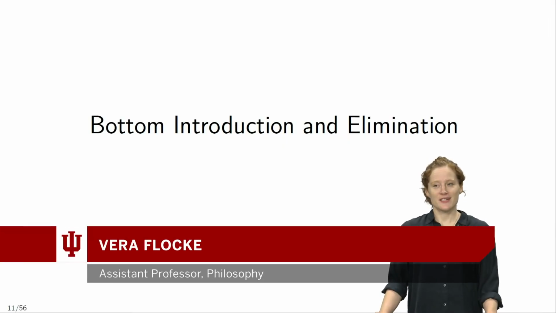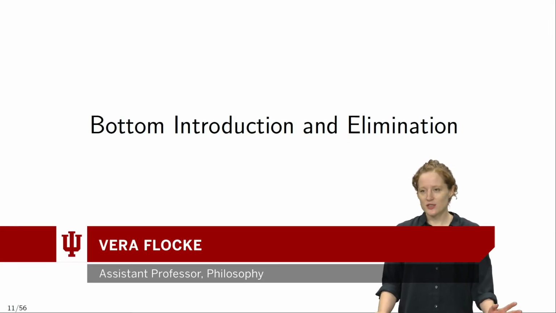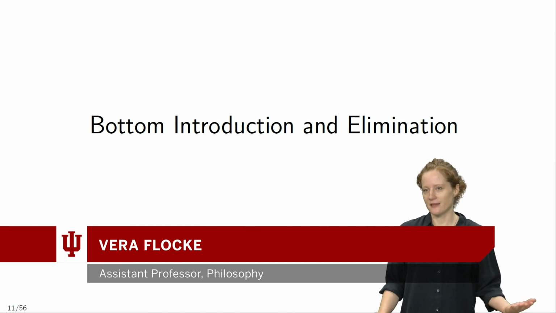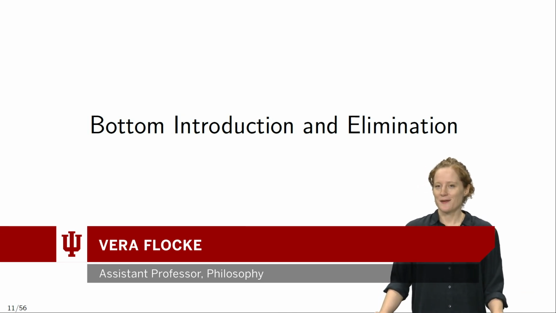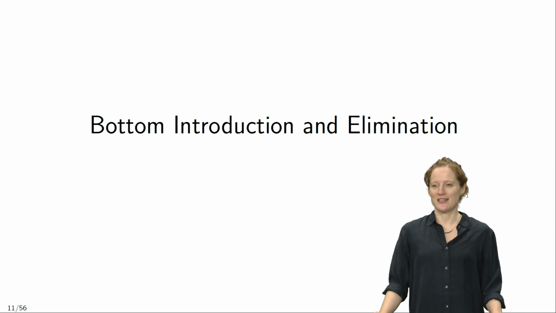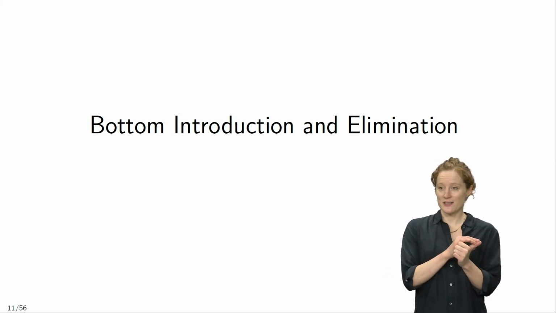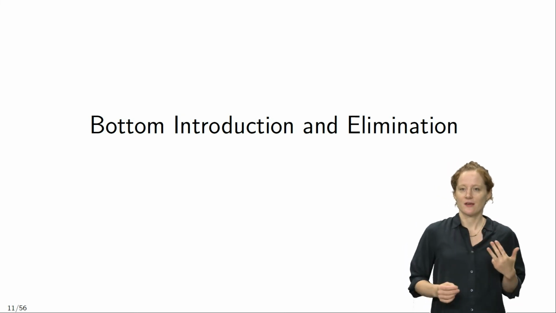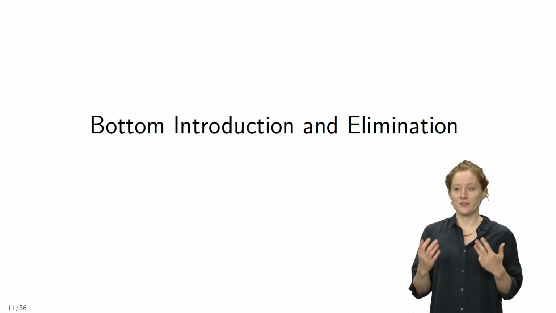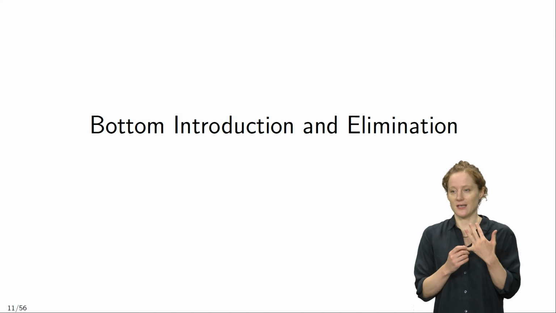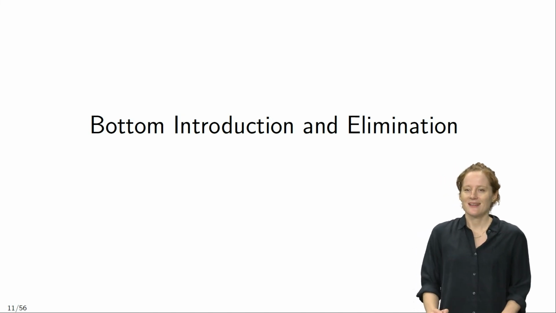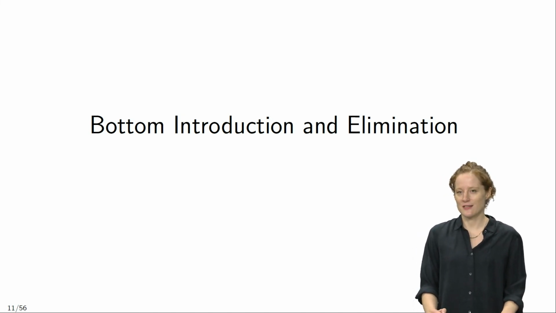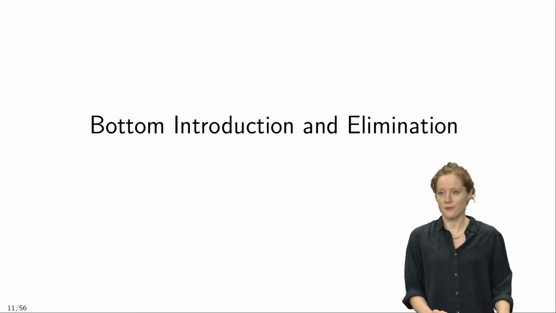So we have introduction and elimination rules for each one of our 5 Boolean connectives. So far, we have introduced the introduction and elimination rules for the conjunction, the conditional, the biconditional, and the disjunction. So what's missing are the introduction and elimination rules for the negation sign. Now, the introduction and elimination rules for the negation sign make use of a special new symbol, which we are